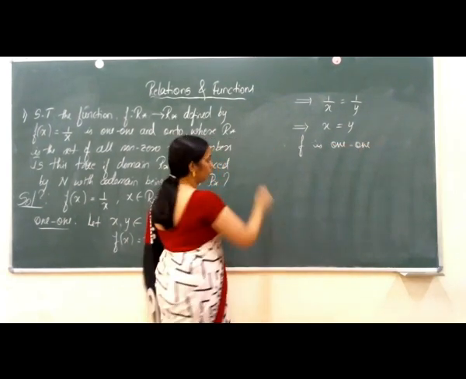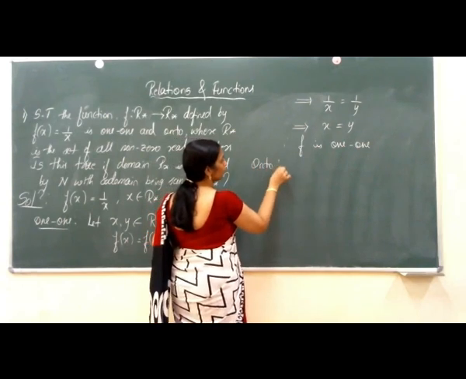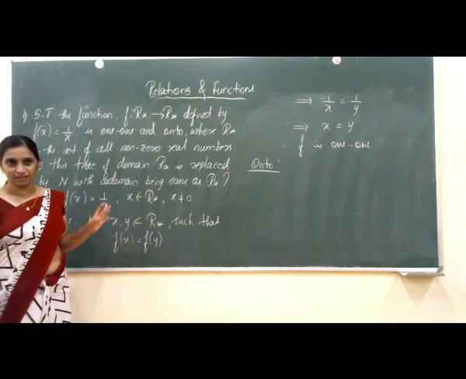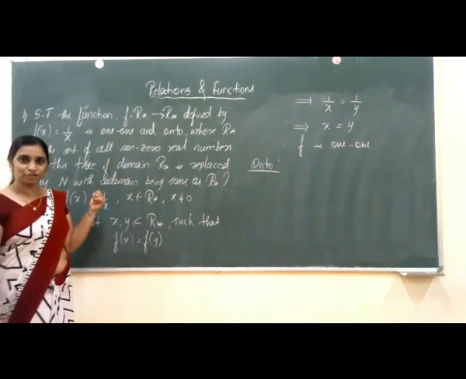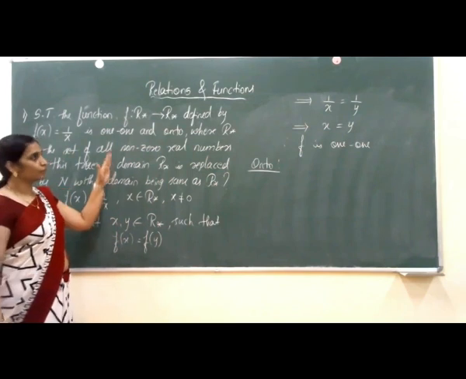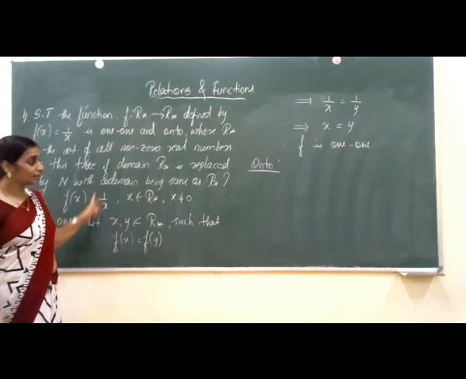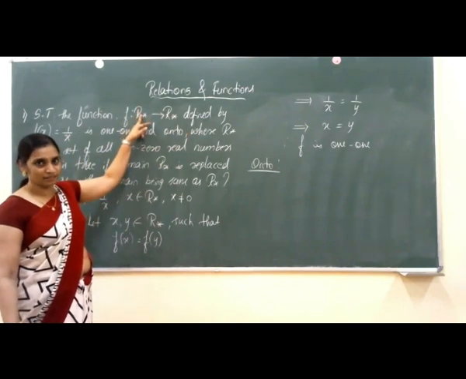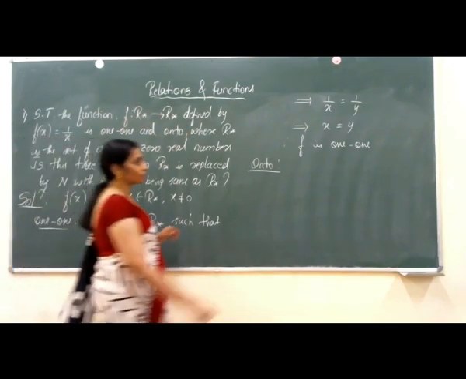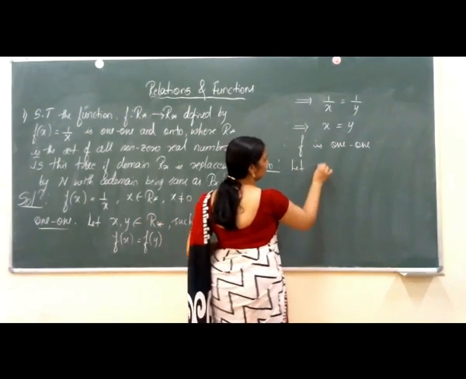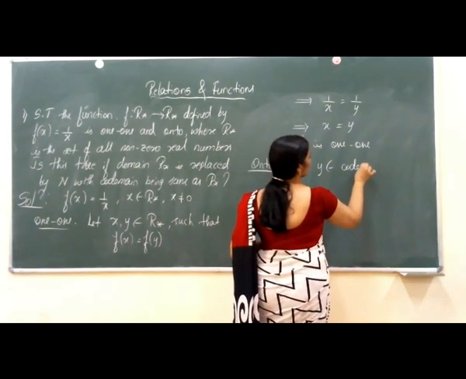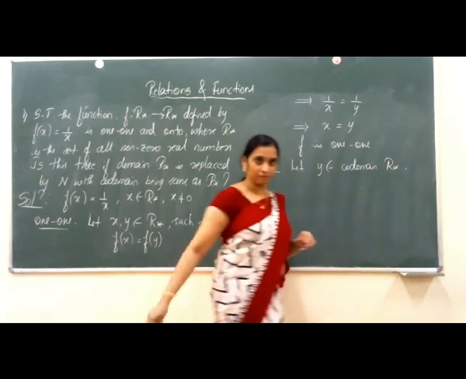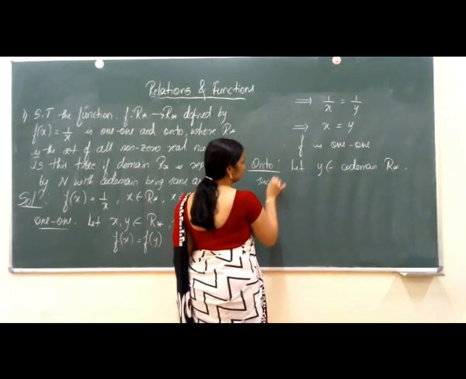1-1. Now, in order to prove the function is onto, here we can't find the range directly. So we can't use the definition range equal to codomain. So we are using the first definition. That is, for every element in the codomain, there exists an element x in the domain. We have to write. So what we do? We will consider that y belongs to the codomain R star